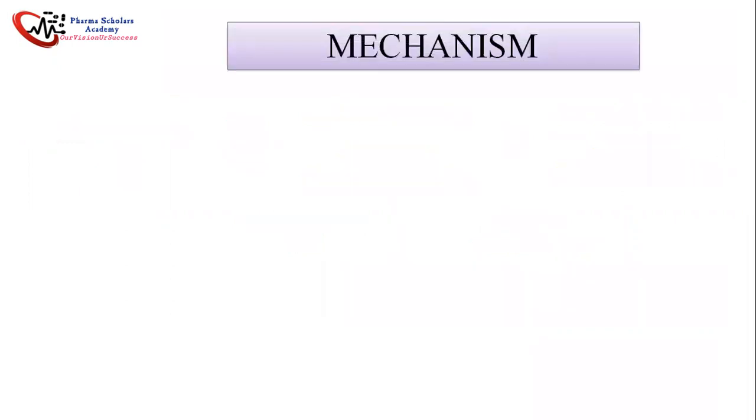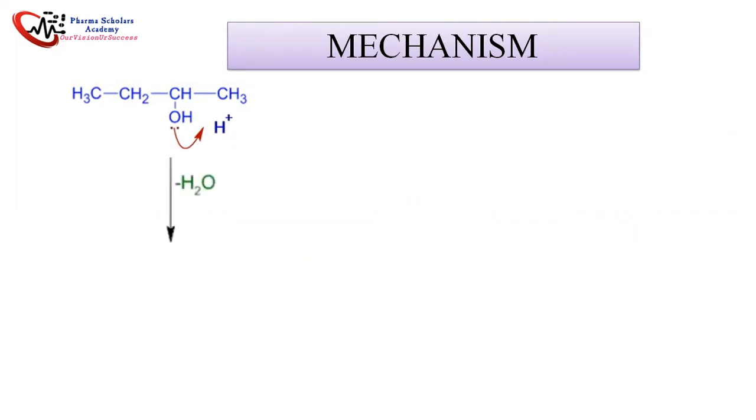In detail, the mechanism. First of all, the hydrogen which is in dark blue comes from the sulfuric acid and gets attached with the OH group of the butanol. There is a formation of a water molecule. After removal of the OH group, there is a formation of a secondary carbocation. The carbon where the OH group was present is called the alpha carbon. And this CH3 and CH2 are the beta carbons, the first beta and second beta.